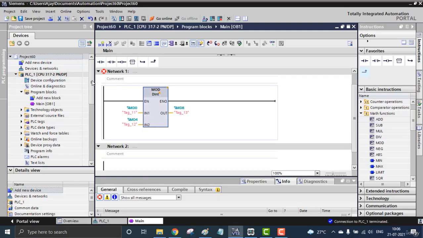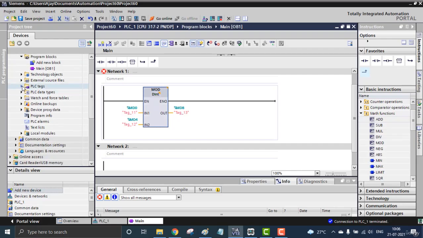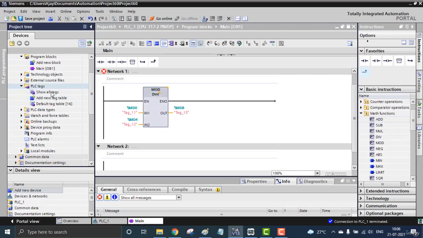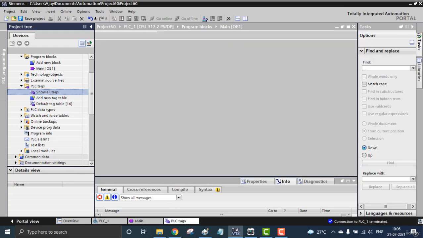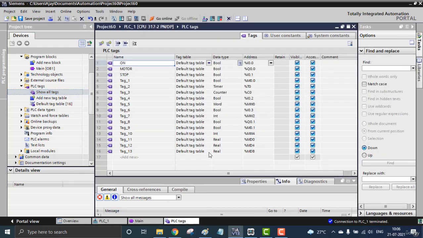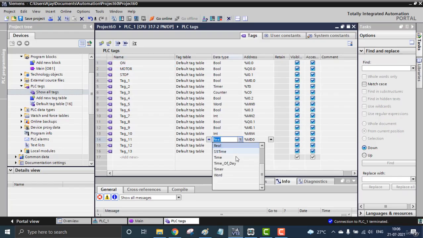Let's see why. We can go for the PLC tags right here. Here you can see show all tags. We'll be watching the type of tags right here. Here you can see these are the tags MD0, MD4 and MD8. These data types are real. We need to make it double integer, or double word.